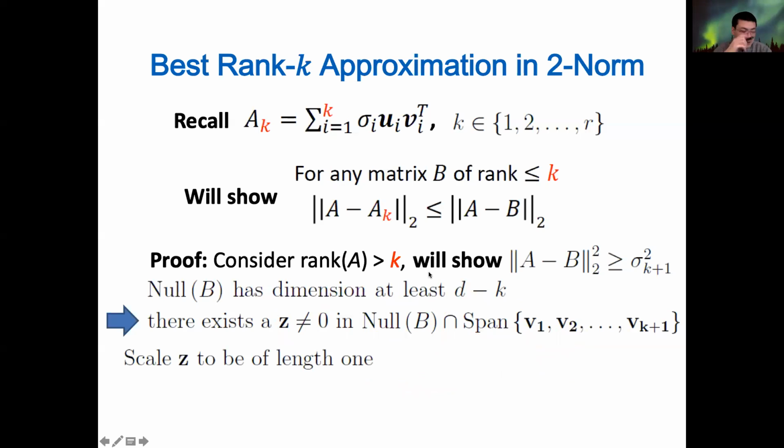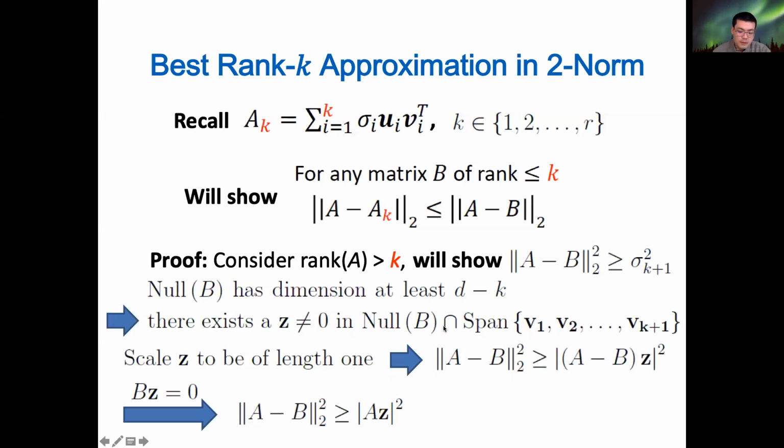Now we know that such a z exists, right? So we can find such a z, and we can normalize it, scale it to length 1. We can always find a z like that. So what we can do is